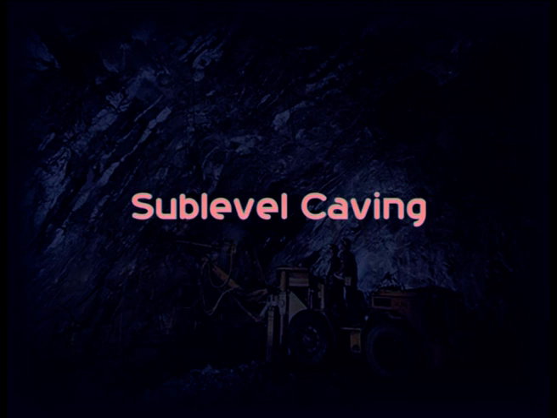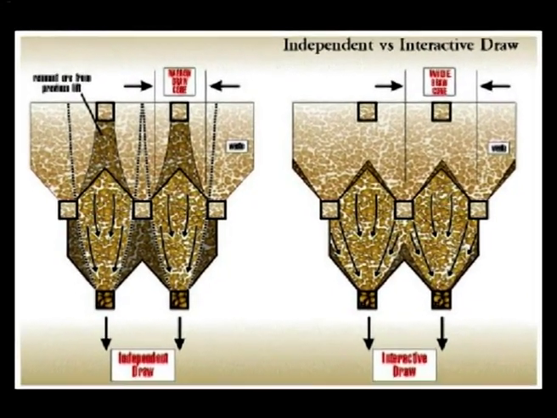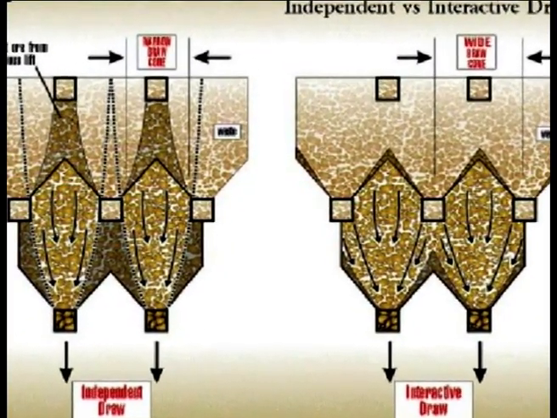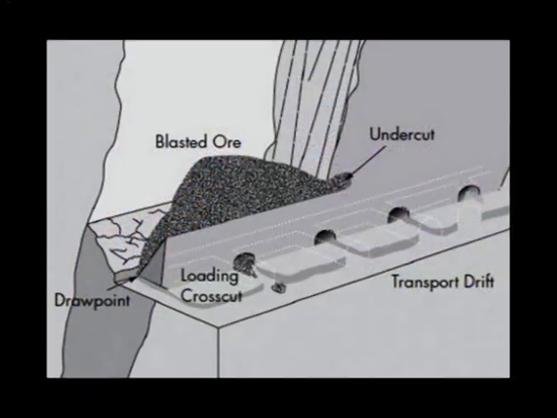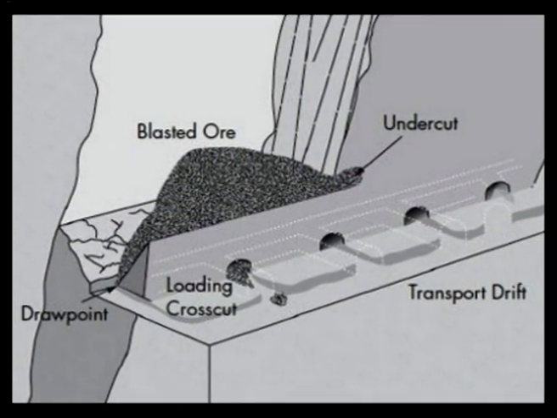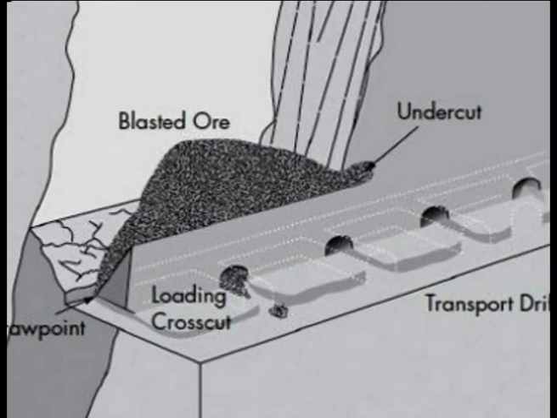Sublevel caving. This method can be used where the ore body is wide and comprised of soft or loose materials. In this method of mining, levels are driven and cross cuts are made between the hanging wall and foot wall so as to form level pillars. The development of sublevels is mainly carried out through raises driven upwards from the levels. The timber is used at the top of the sublevels, which also caves.